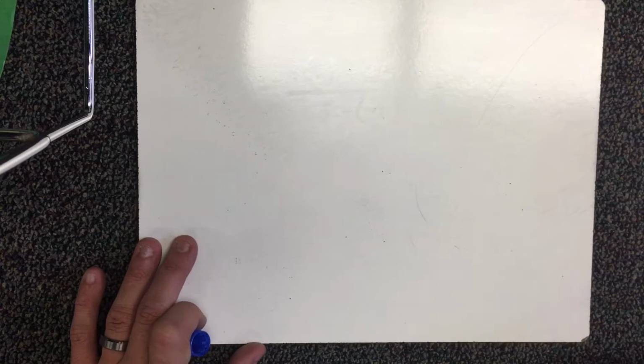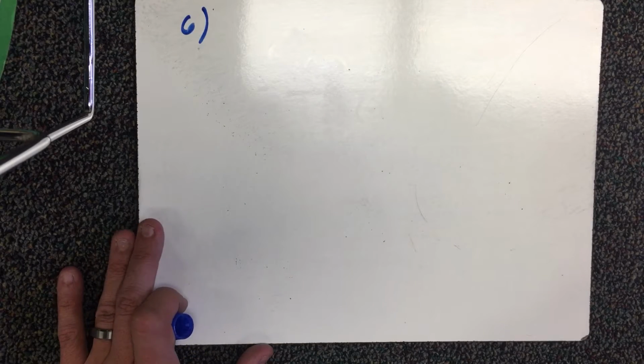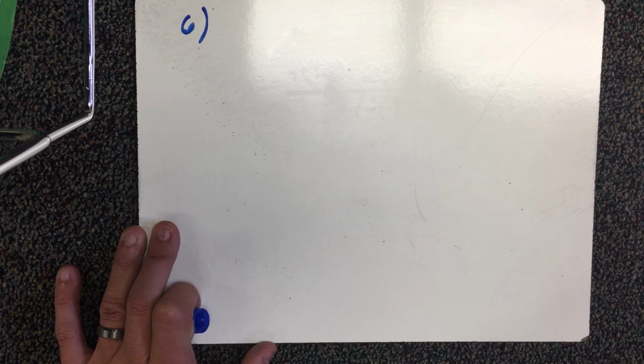Let's do number 6. Number 6 is asking for the derivative at a point using the definition of the derivative at a